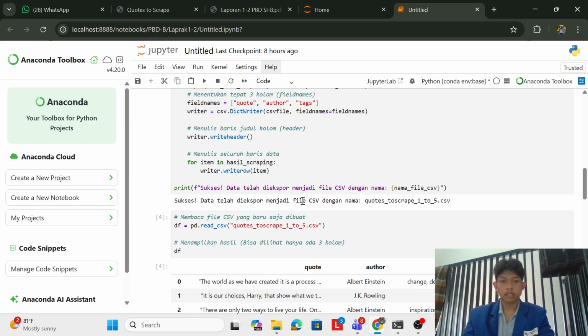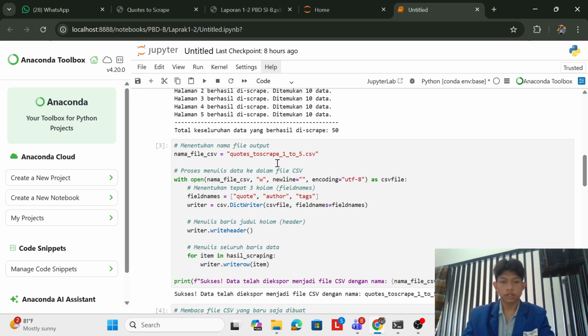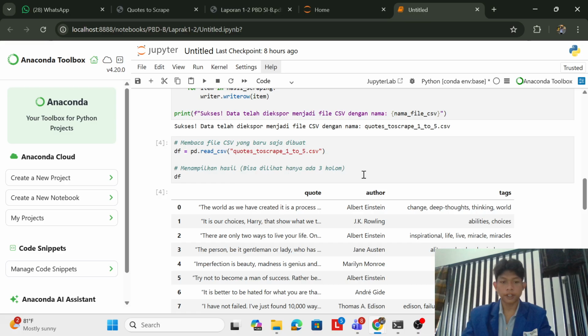And the data has been exported to a CSV file, the name is quote_to_scrape_1_to_5.csv.